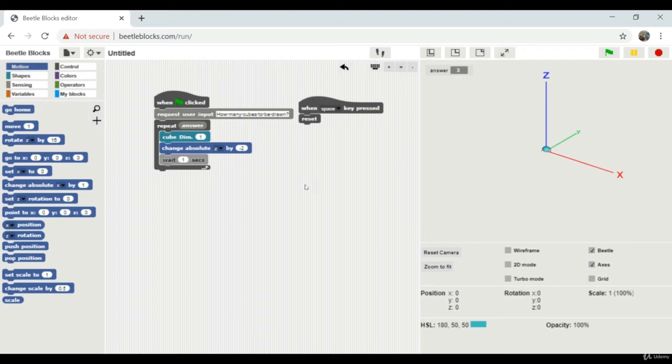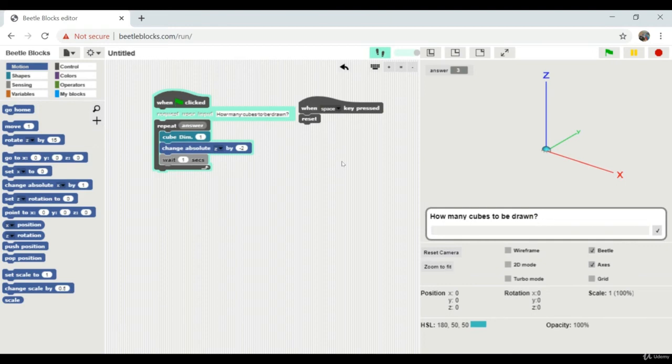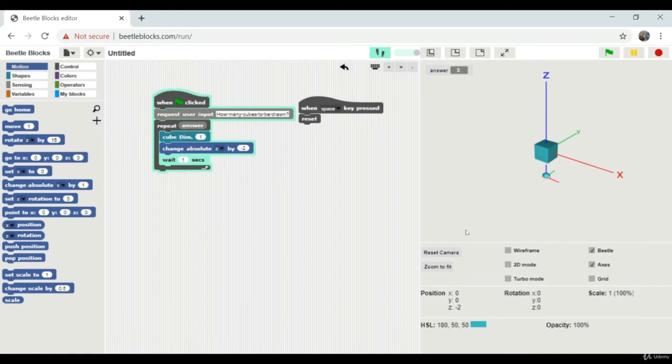Now let's reset it. And there is another functionality which I have not shared with you yet. You can go here and it is visible stepping, you can click on it. So visible stepping is now on. Now let's rerun the program. Now what happens with this visible stepping is it shows on which step is the program right now. So it is on this step. So now we have to enter the value.